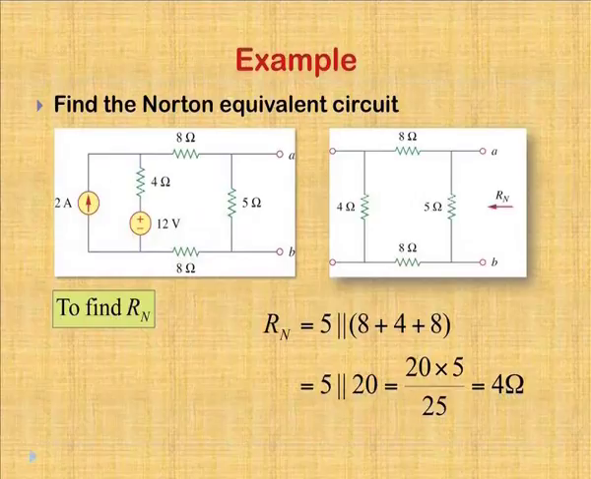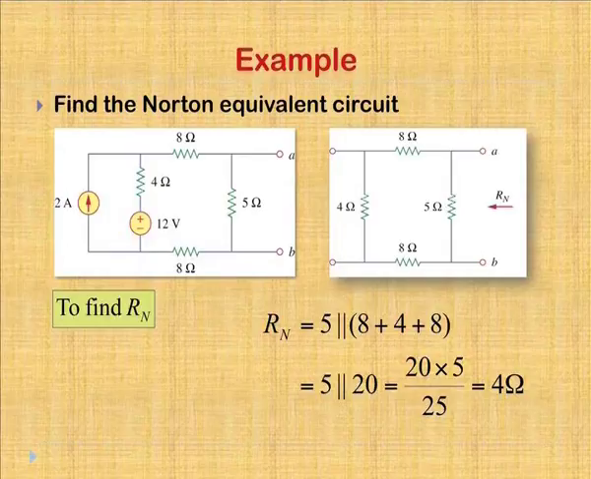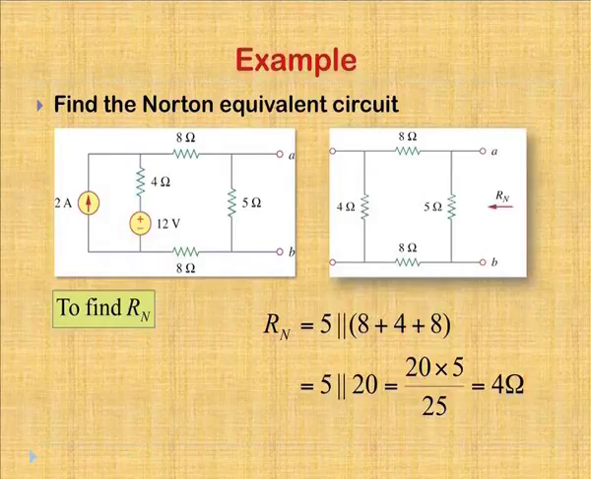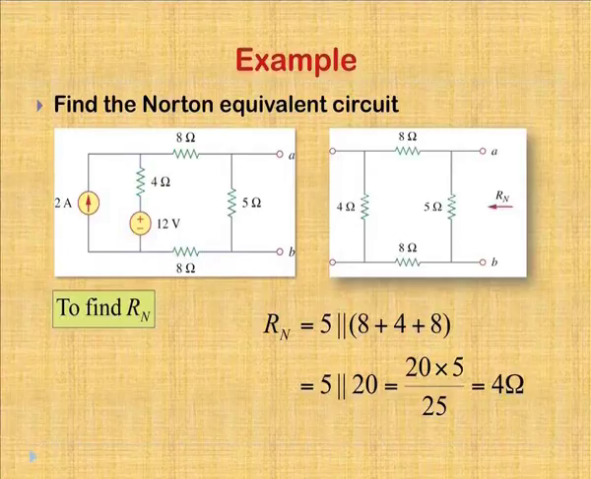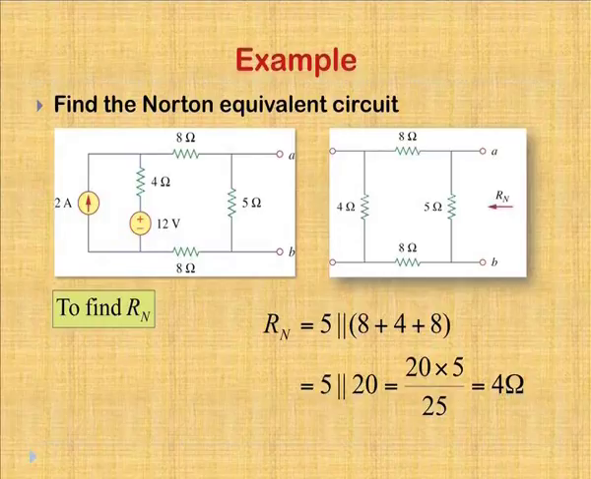Now, we can understand the procedure of finding the Norton equivalent circuit by just taking this example. Here in this example, we have to find the current in the given load. So, first of all, we will remove this load and open the terminal A and B. Then for finding the resistance Rn, we will remove the voltage source and replace it by a short circuit. Now, we can see that Rn looking from the terminal A and B is nothing but the parallel combination of